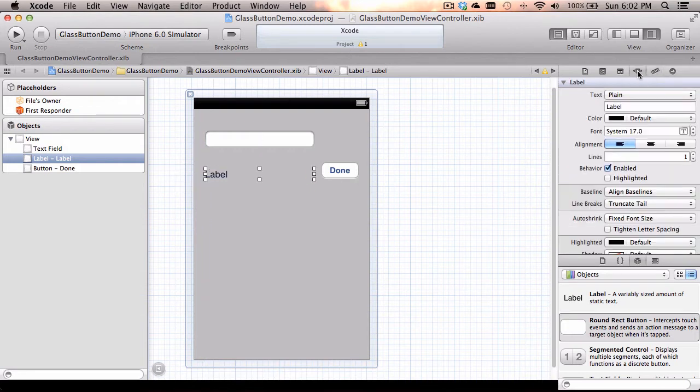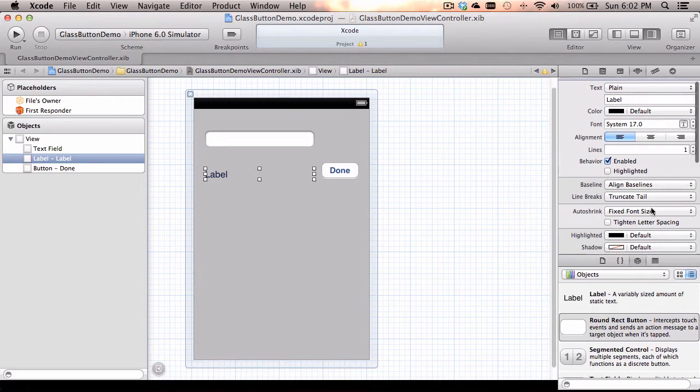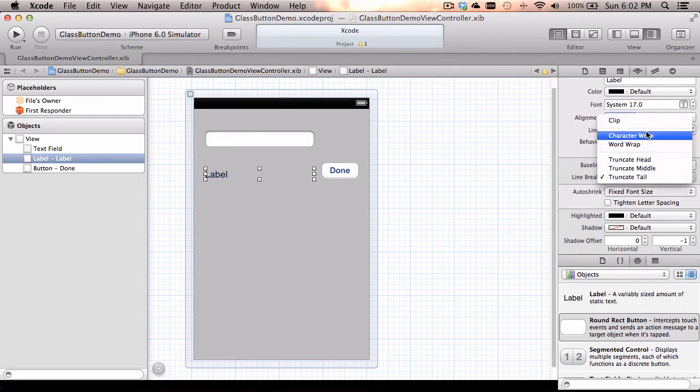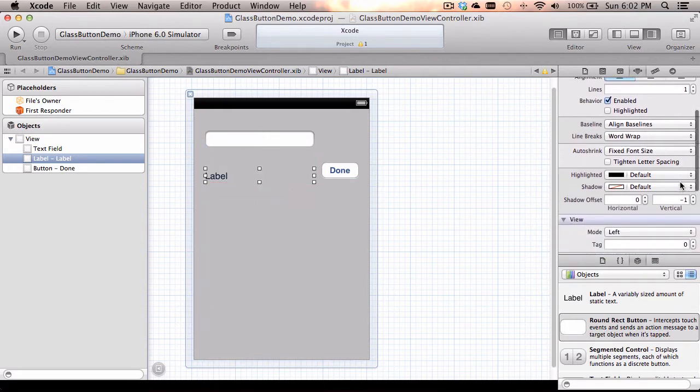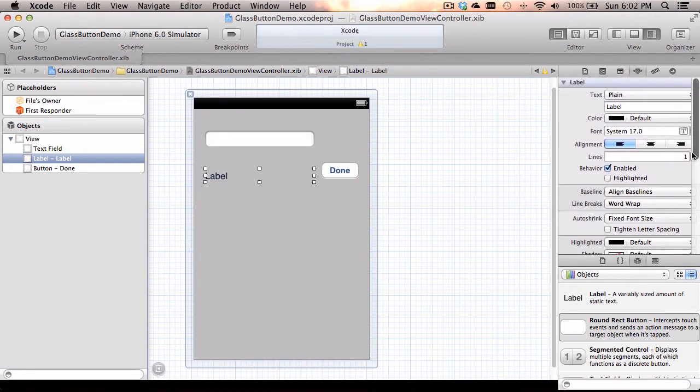Fun thing we're doing with our label here, I made it a little bit bigger, made it the size for our text box. And then what I'm going to do is allow it to word wrap. So if somebody types in a bunch more text, they can. And when you do that, you can just make this bigger. If you do this right, you have to set the lines equal to more than one right here so you can see that. I'm going to make it 2 lines so that when we type in there, it will automatically